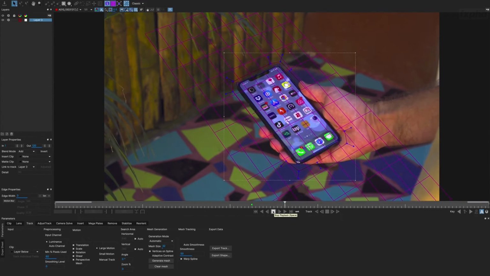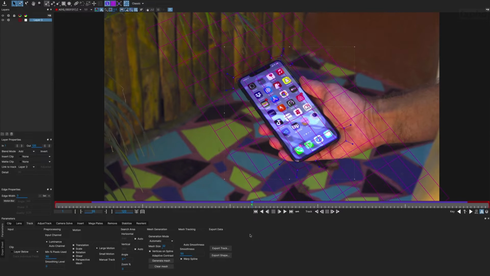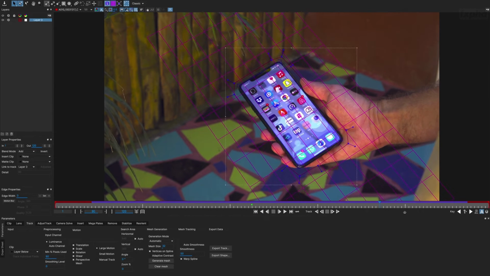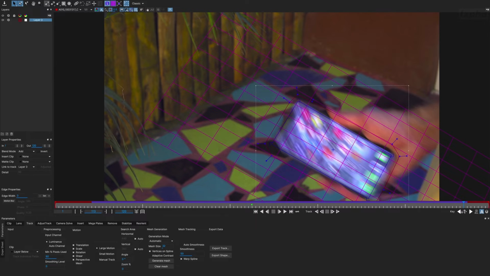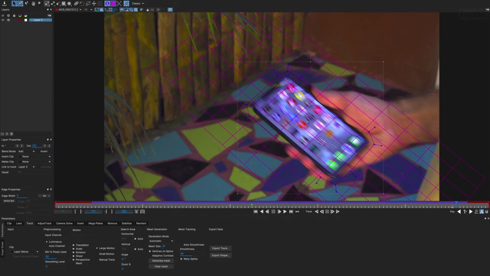This is much better. All right, so the track itself is quite easy, and I think in the previous classes you learned how to deal with occlusions and the like. However, how do we deal with the beginning and the end where we really got no viable tracking data? Well, the idea is to use the manual track option down here. And the way you do that is you go to the very last frame where that shape is properly aligned. That's not necessarily the last frame of your track. So let's say, so